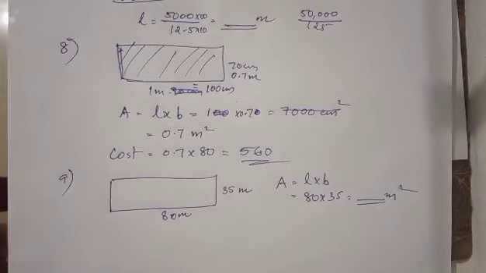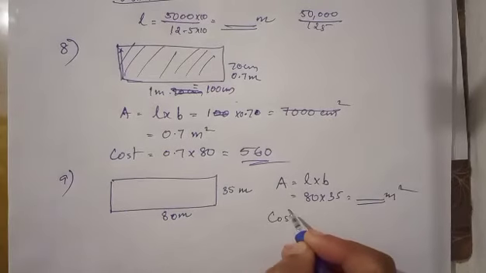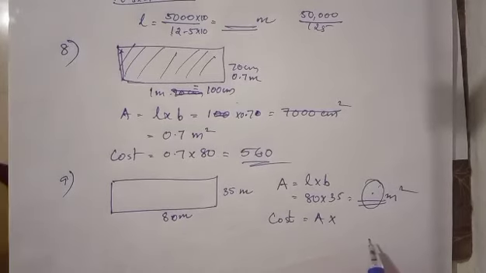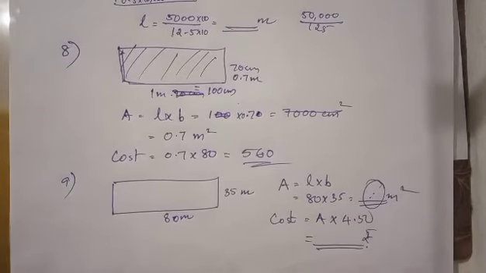Find the cost of leveling it at rupees 450. So, cost we can find out. This area, how much you are getting, that number into cost is 450. This area into 450, that much rupees you will get. Cost. How long will a boy take to go 3 times round the field, if he walks at a rate of 1.5 meter per second?